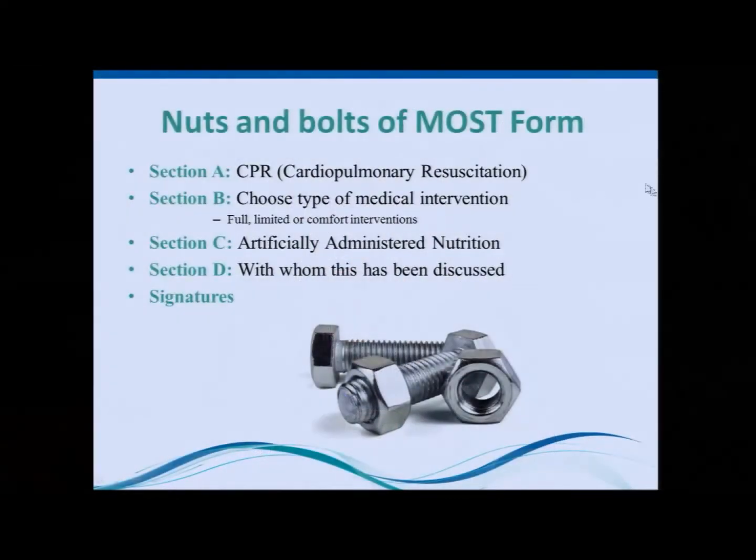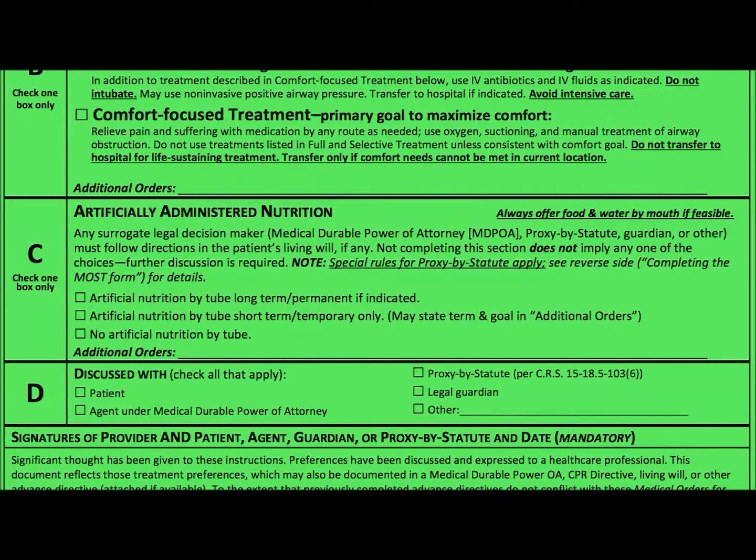And the same thing goes when we transfer people to the hospital. The artificially administered nutrition section was on the previous form and continues on this one. This one is also something that's often on living wills. I'm not going to go into as much detail on this one, but one of the things important to note here is some of the information written at the beginning,